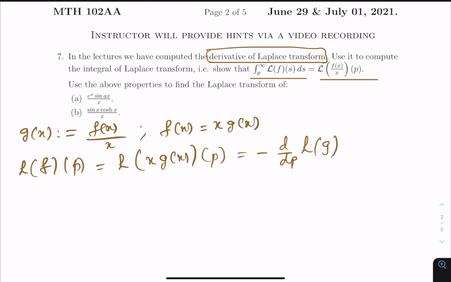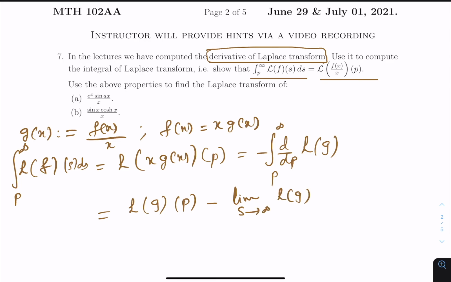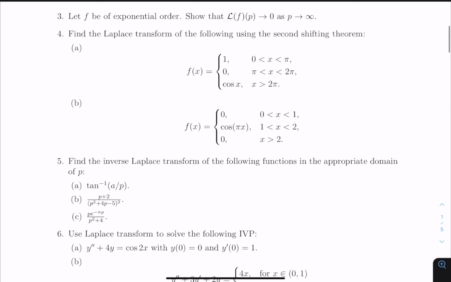Now we need to compute the integral. So the integral from p to infinity is the integral of the derivative. That's going to give you the Laplace transform of g, in this case at p. Here you can make this s, and make this s here as well. So L g of p minus the value of the Laplace transform at infinity. Let's take it as L g of s. Now we have already seen, we have already given an exercise number 3, where we